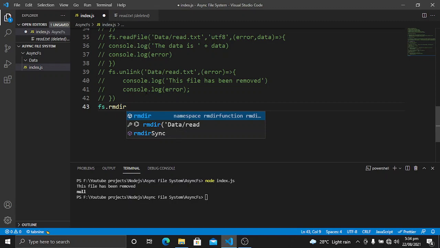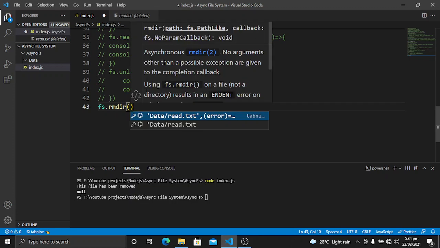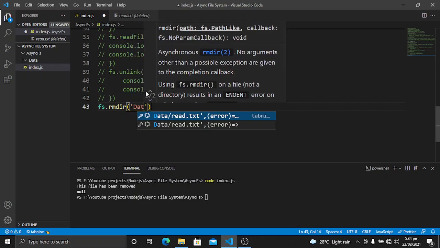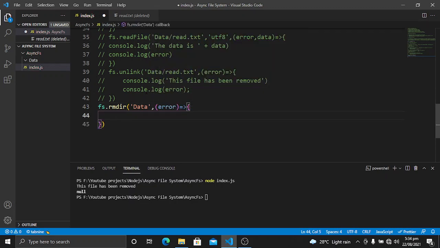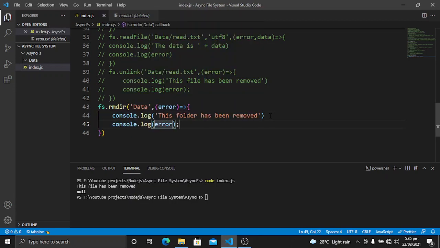In the previous lecture we implemented the synchronous version, and in this video we are going to implement the asynchronous version. So I will give the name of the folder, which is this data, and then I want to run this callback function, which will say this folder has been removed. And then I will also log the error if there is any.